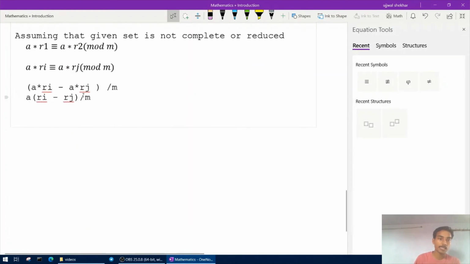It means that M will not divide A, क्योंकि M और A खुद को प्राइम नंबर्स हैं। So obviously हम लोग A और M को डिवाइड नहीं कर सकते।